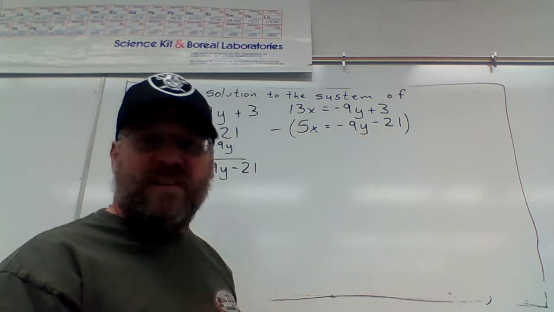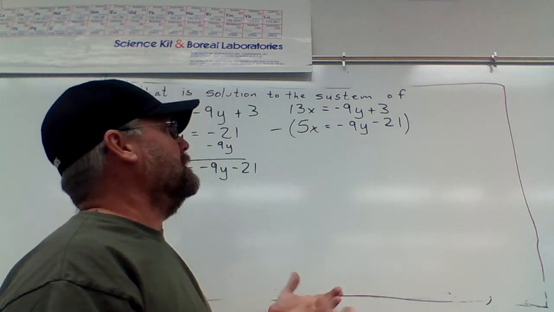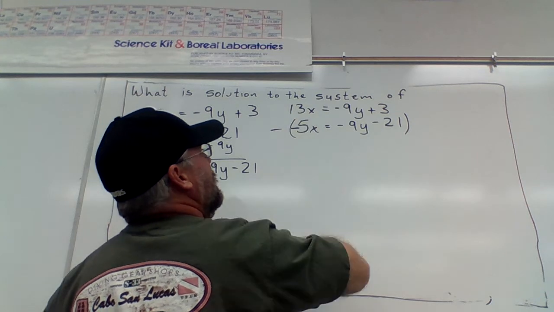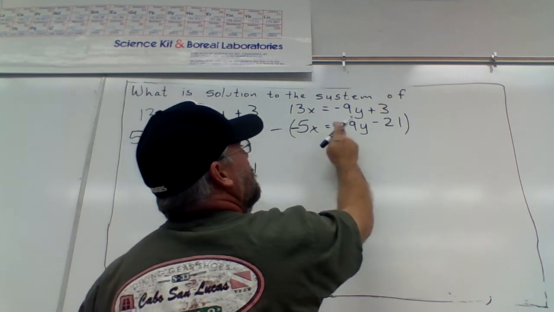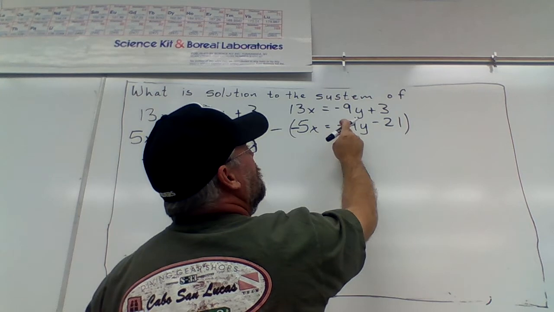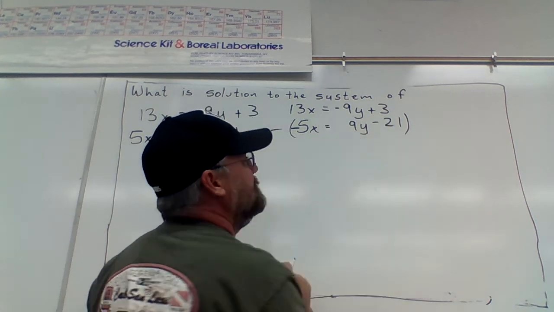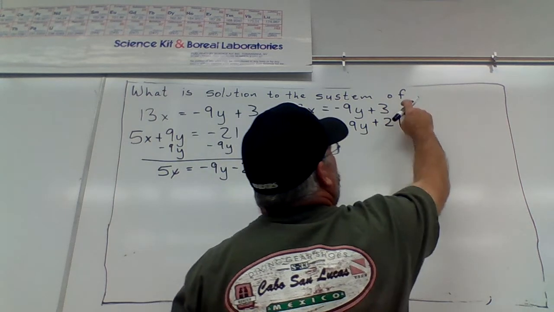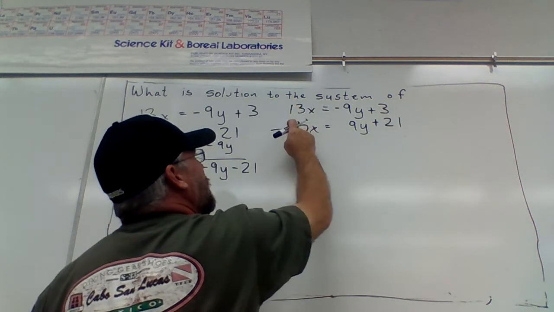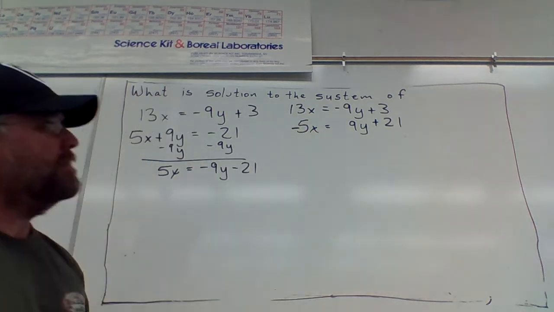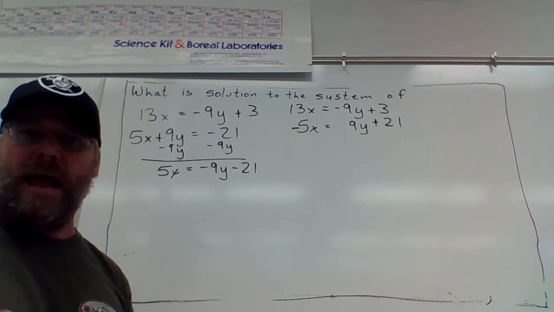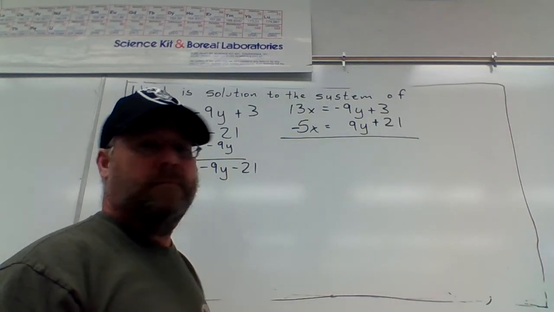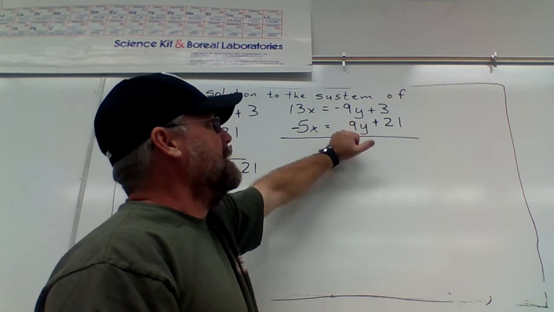And so some of you might think, if that's -5, let's just make that +5 there. If that's -9, let's make that +9. And if that's -21, let's make that +21, and then get rid of those parentheses. Now we can treat this basically like an addition method. Okay, now that these are opposites of one another,